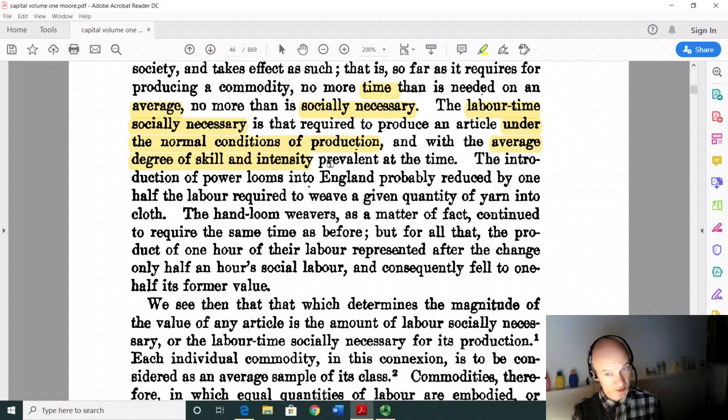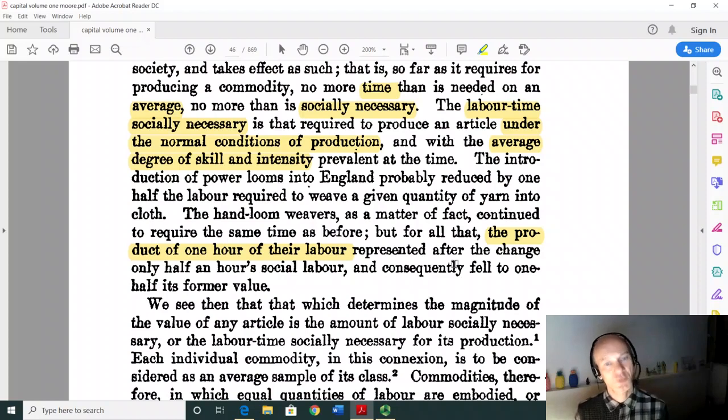And that means that the product of 1 hour of their labor, this is where we are. So they work 1 hour, produce a certain amount of cloth, represented after the change in the average condition of labor, which changed because some people now have power looms,